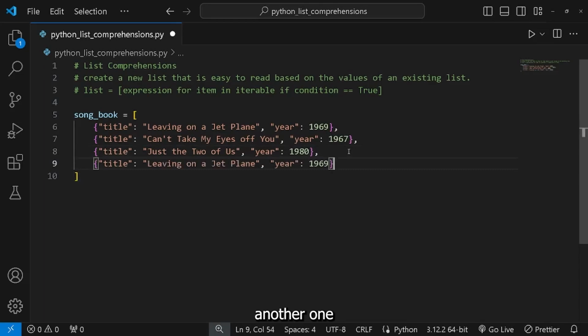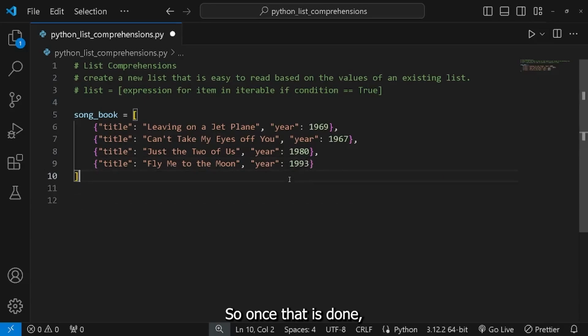Let's create another one. Let's name this Fly Me to the Moon. This is released in the year 1993. All right, so once that is done, maybe what we want to do is we want to be able to